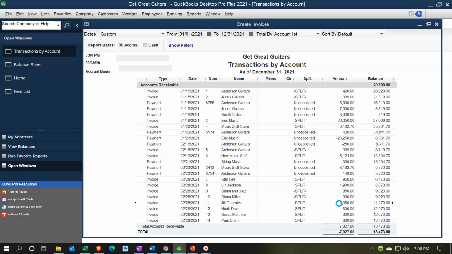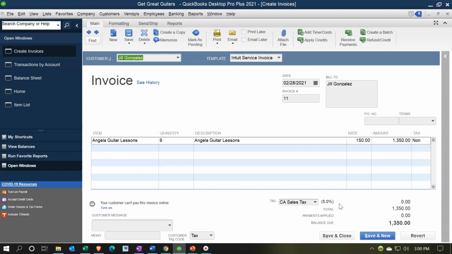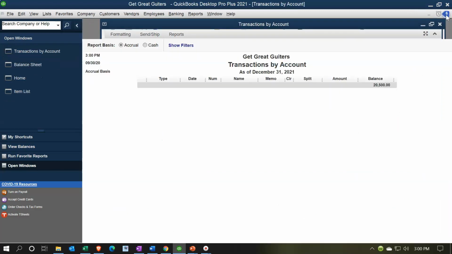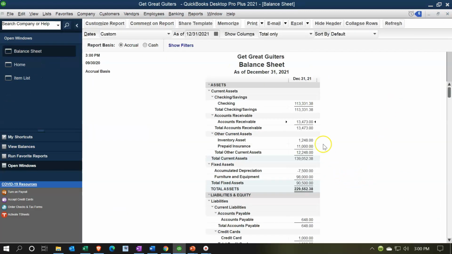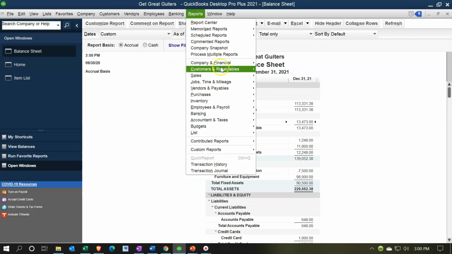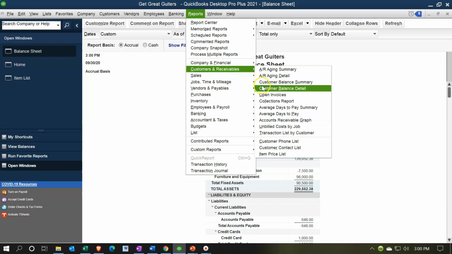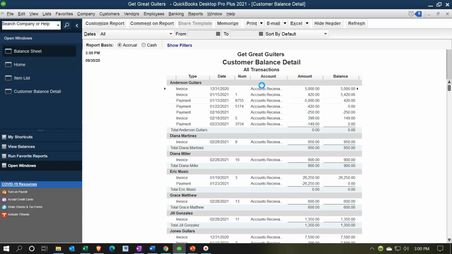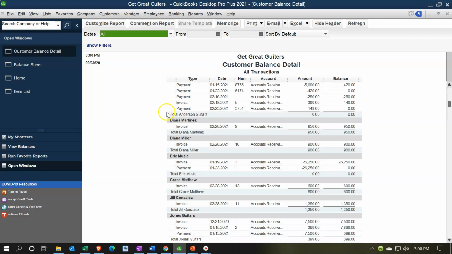If I double click on either of them, customer invoices related to our guitar instructors, we'll pick up our invoice. Closing this back out, we can see the supporting information for that on the accounts receivable subledger, which is going to be in the reports drop down, customers and receivables. We can go to the customer balance detail,